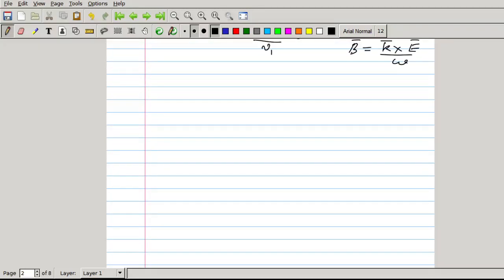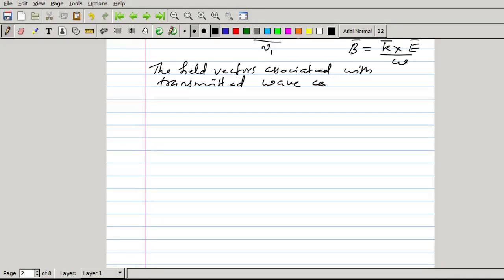Now we write the electric and magnetic field vectors associated with the transmitted wave. The field vectors associated with the transmitted wave can be written as E_T is equal to E_0T